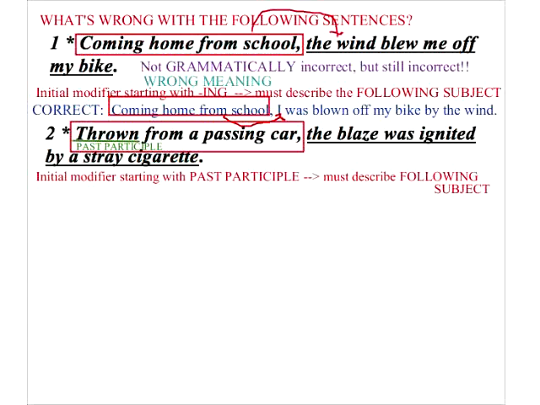Again, notice that like almost all modifier errors, these are not grammar errors. The vast majority of modifier errors are meaning issues and not grammar issues. Because again, this sentence is perfectly grammatically correct, but it's just kind of a stupid sentence. It implies that someone is enough of a comic book style champion that they can actually throw a blaze out of a car. Which is nice and funny, but it's not the intended meaning of the sentence. The intended meaning is that a cigarette was thrown out of a car. So the correct version would be something like "thrown from a passing car,"